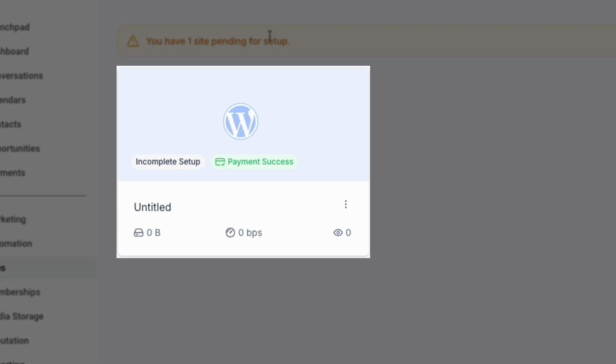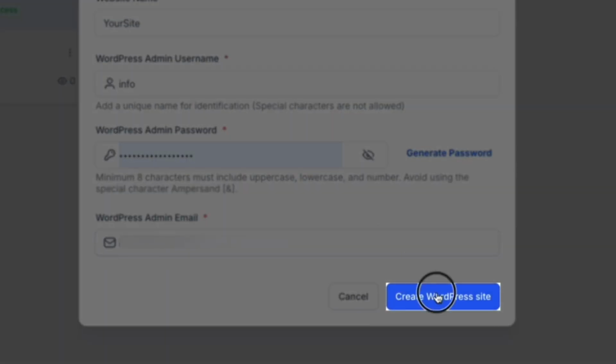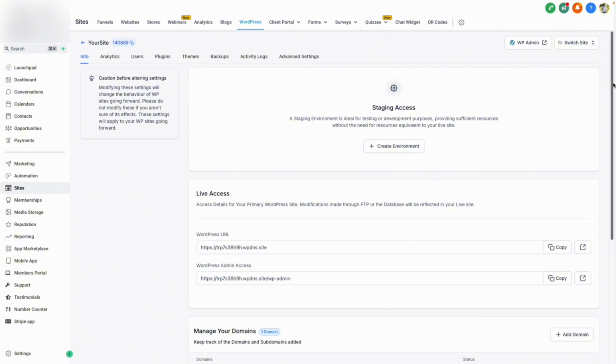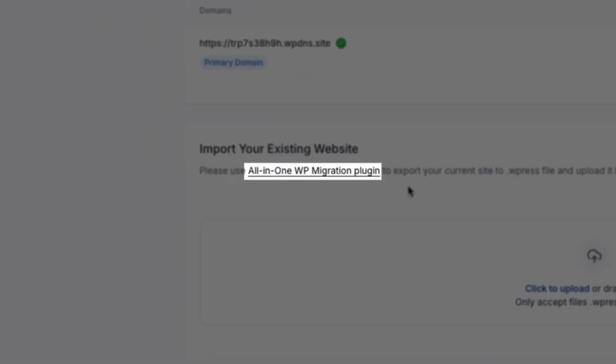To migrate your site over, first select the site and then click From Blank. Then click Create WordPress Site. Once you've accessed your site, scroll down to the bottom of the screen where you'll see Import Your Existing Website. Then click All-in-One WordPress Migration plugin in order to export our current site to a WordPress file, and then we'll